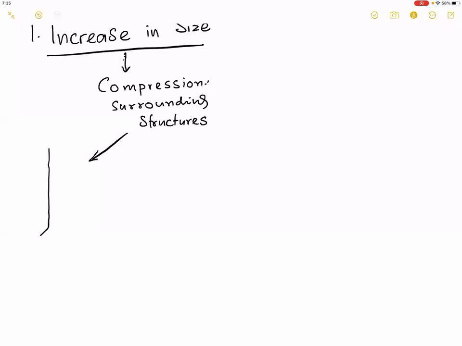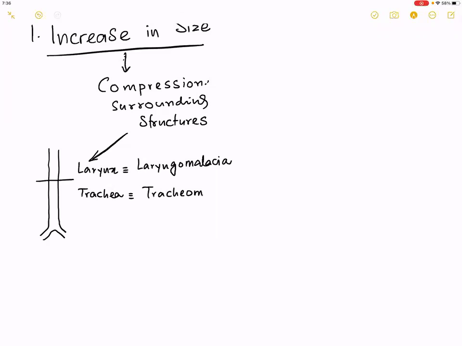In the first class, I told you about this a little bit. If the larynx is compressed, it leads to something called laryngomalacia, which is an uncommon finding because the thyroid doesn't extend up to the larynx. However, the trachea is a very common tube to be compressed and produces tracheomalacia. So the two tubes that are compressed in the neck are the larynx and the trachea, causing laryngomalacia and tracheomalacia.